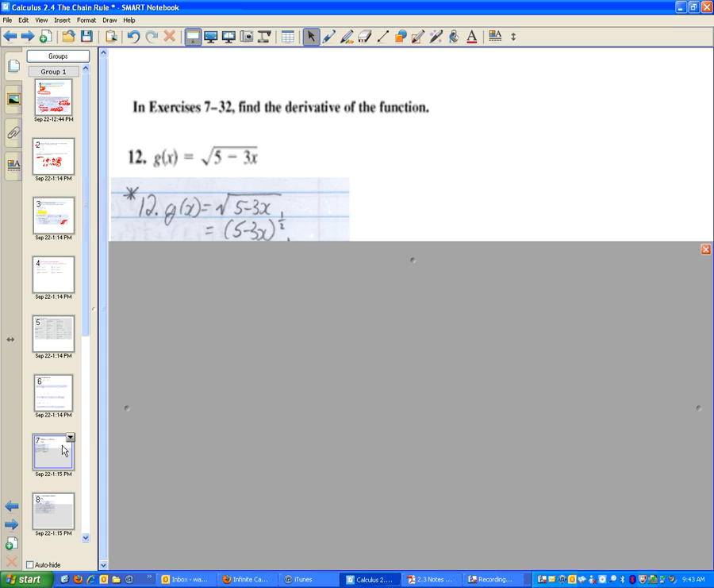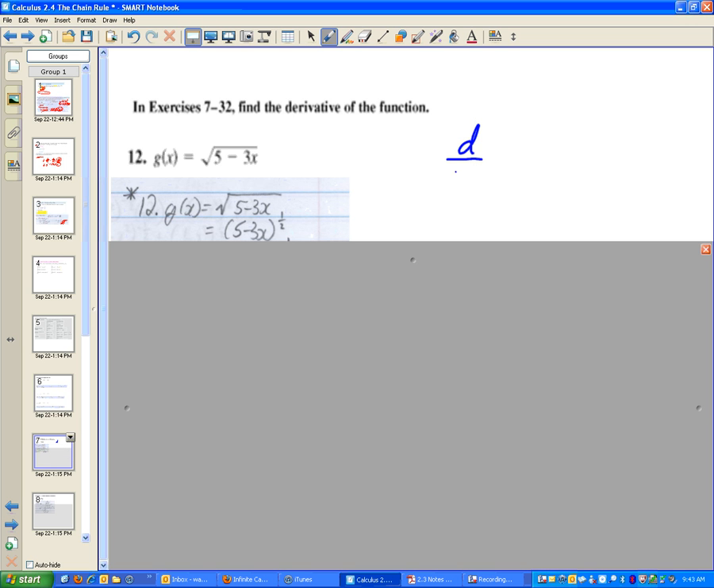Now, on number 12, we have g of x equals the square root of 5 minus 3x, and we're supposed to find the derivative of the function. First thing I'm going to do is rewrite that square root as an exponent of 1/2, and when I do that, I start thinking general power rule, okay, because I have a quantity with an exponent on it. So this is definitely a chain rule problem, and I think the best version is the general power rule, which says this: